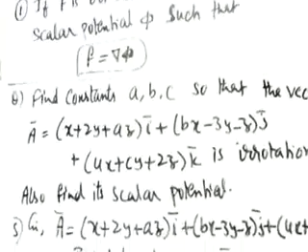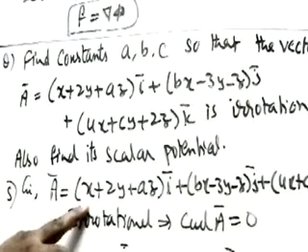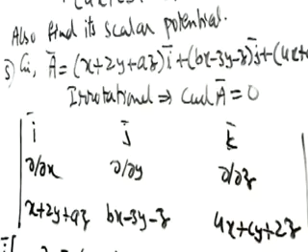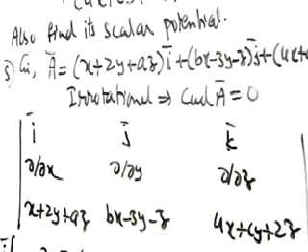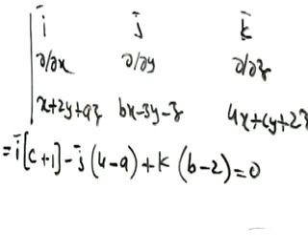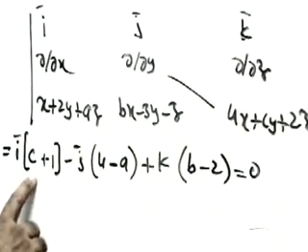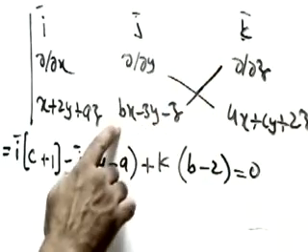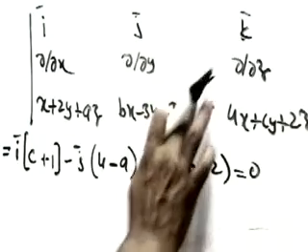But see, next question, find the values of a, b, c if the vector is irrotational. So a is given as irrotational. Just we have solved this, how to find the a, b, c. I have done this to reduce the time. So you see, just now we have done i, j, k, dou by dou x, dou by dou y, dou by dou z, f1, f2, f3. Now when we solve this one, when we take i, we have to differentiate this with respect to y. So y is 1 into c is c, minus, when we differentiate with respect to z, it will be minus 1. This is 0, this is 0, z is minus 1, minus 1 is plus 1.